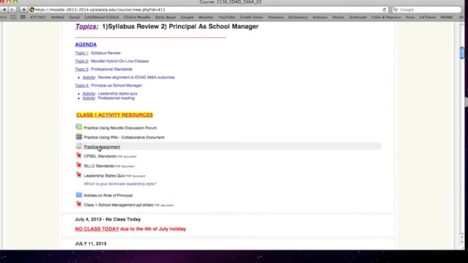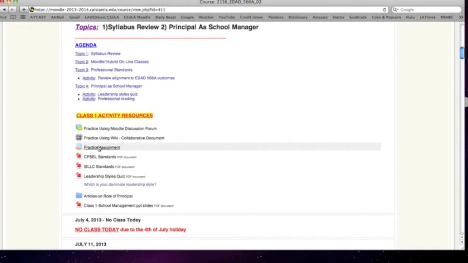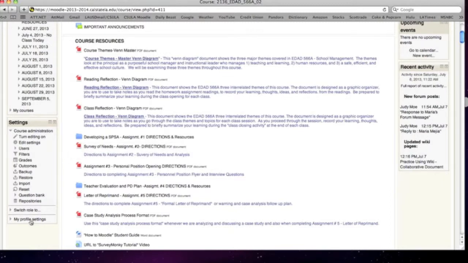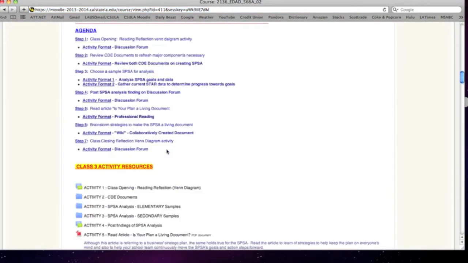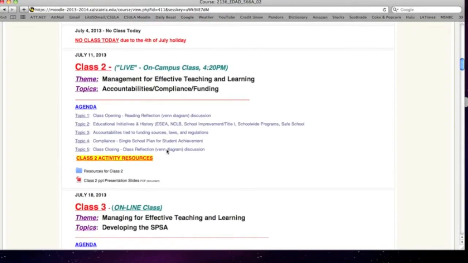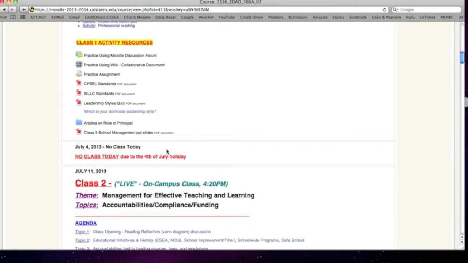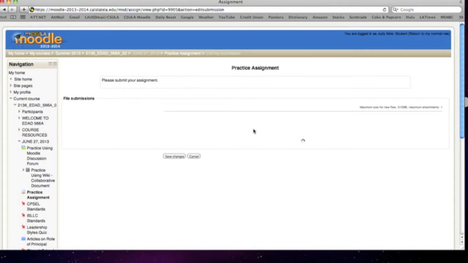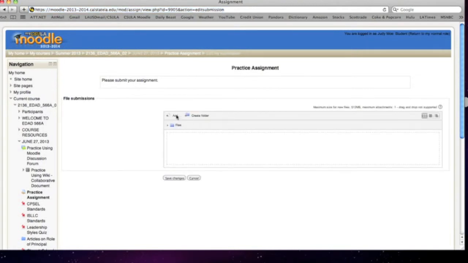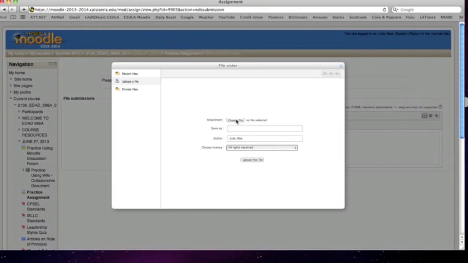Okay, practice assignment. And in order to do that, I'm going to have to change my role here to student. And let's say we're going to practice submitting an assignment. I encourage you to make your assignment one giant document versus 4 or 5 documents, so that I can just pull it off as one giant document. And so it says here, add a submission, so you'll add one, and you'll go here to add, and it'll say choose a file,